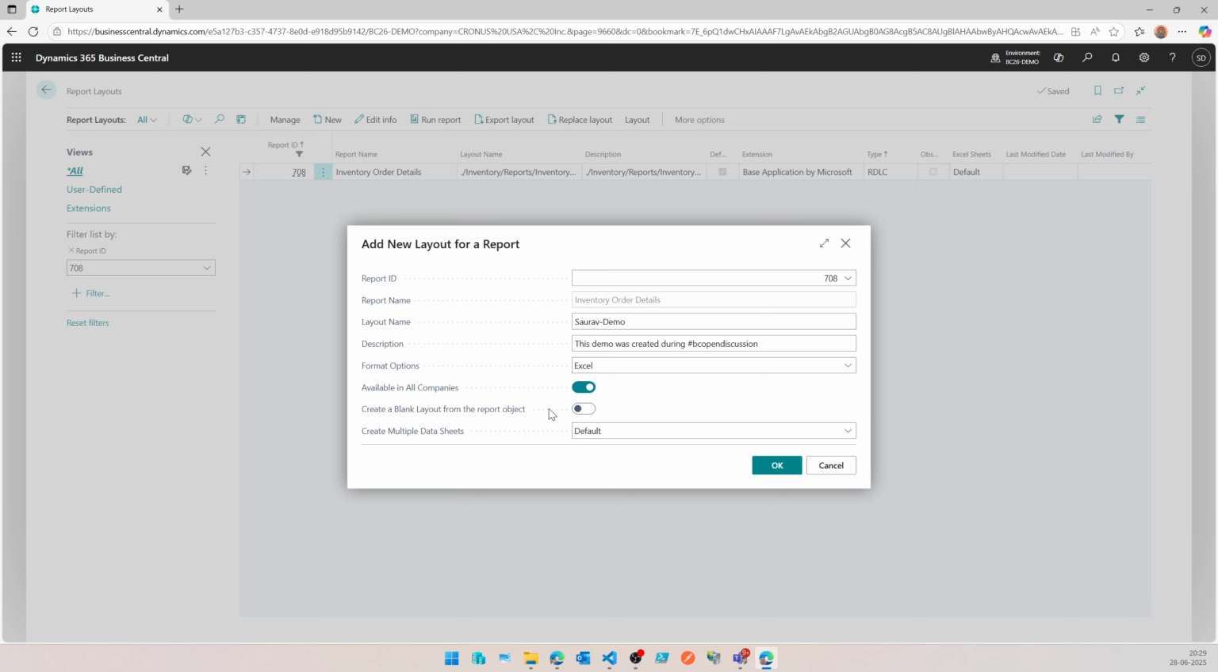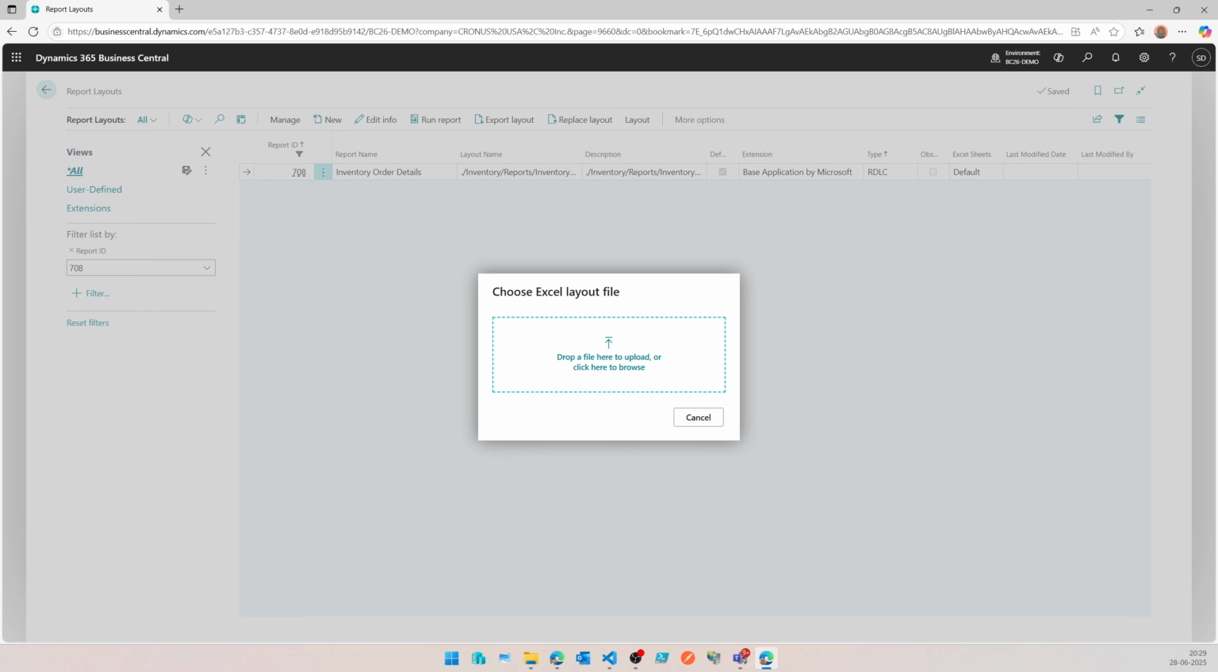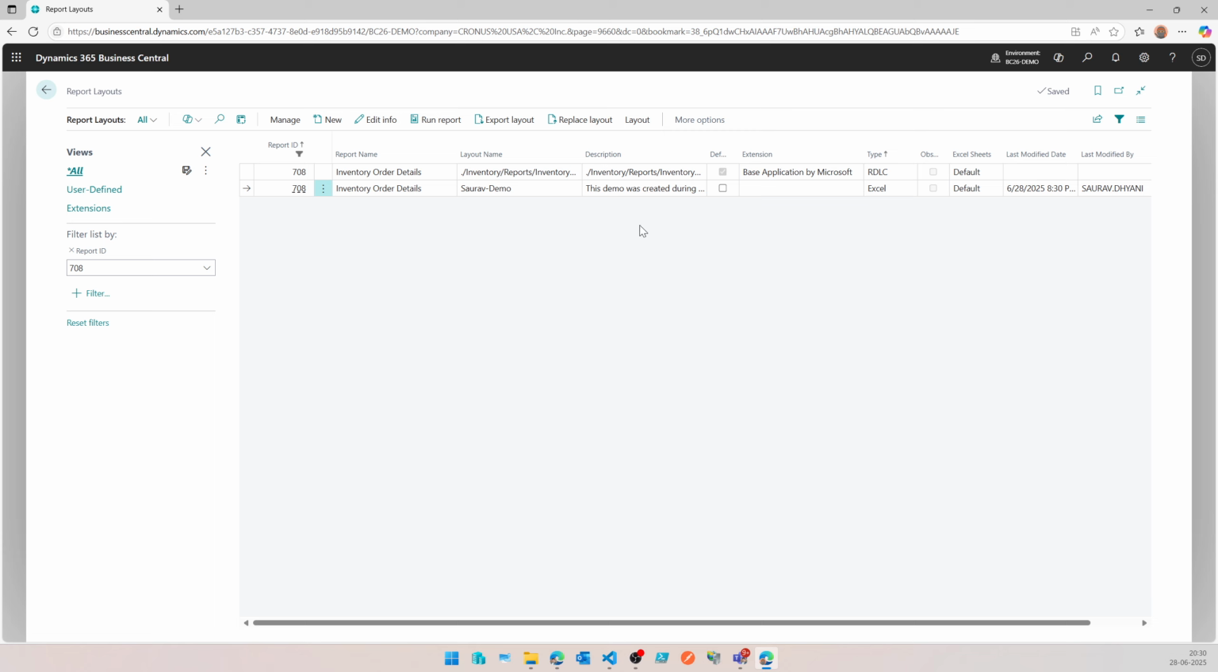So if you have this option disabled and you click OK, it'll ask you to drag a file here or upload a file here. So what I'm going to do is drag that file here, and as I do that, it is getting uploaded. So there is a layout attached, and you also see when it was last modified, who modified it and all. The default is still the RDLC layout,